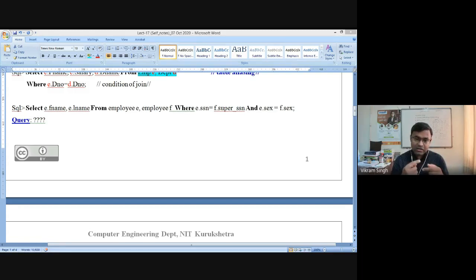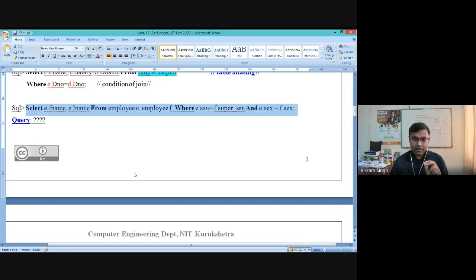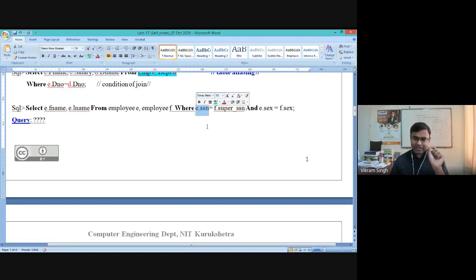And in the where clause, we have mentioned e dot ssn equals f dot super ssn. It means the first instance of employee, which is e, is acting as employee. The second instance of employee, which is f, is acting as a supervisor.